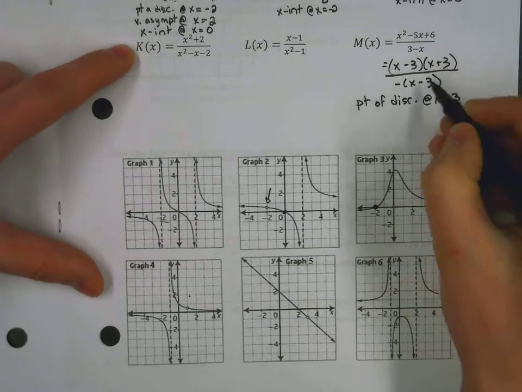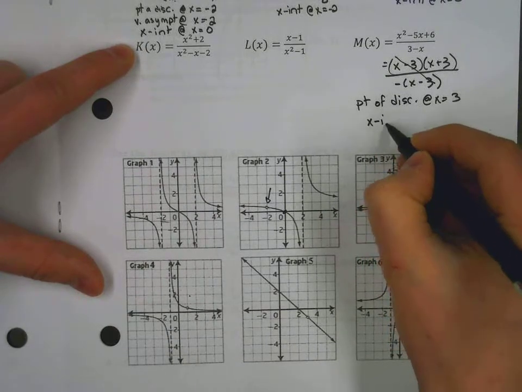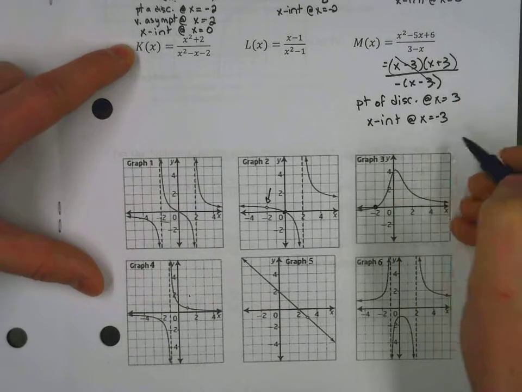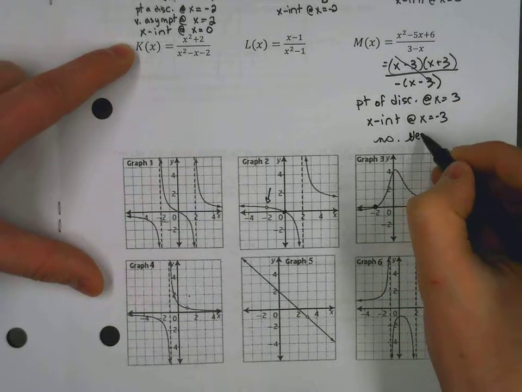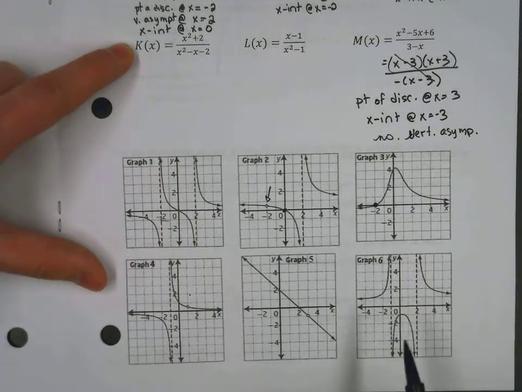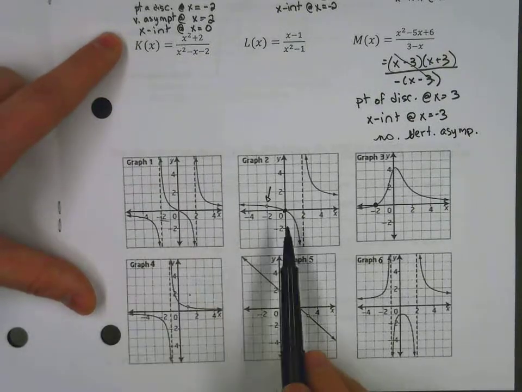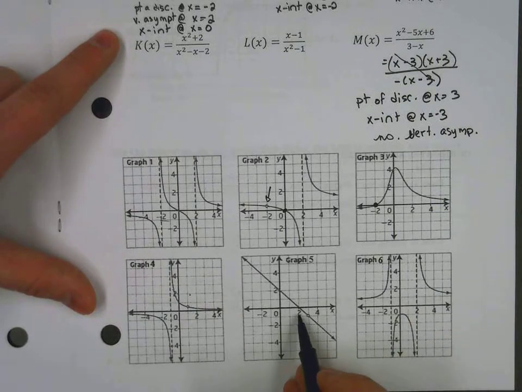I see a factor that's only on the top, so this gives us an x-intercept at x equals negative 3, and I don't see any factors that are left on the bottom, so there should be no vertical asymptote. So we're looking again for a point of discontinuity at 3 and an x-intercept of negative 3. No asymptote, no asymptote. So this one or this one, I'm seeing no asymptote, point of discontinuity at 3, x-intercept